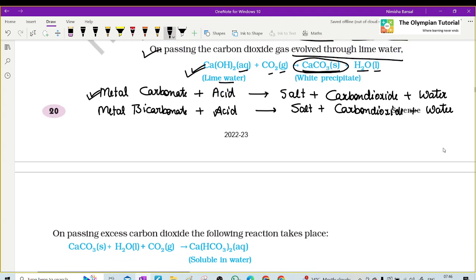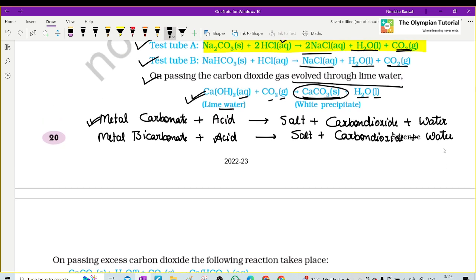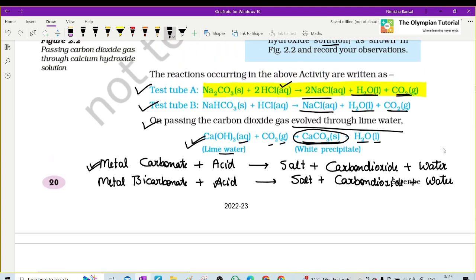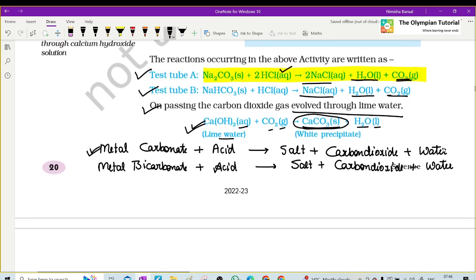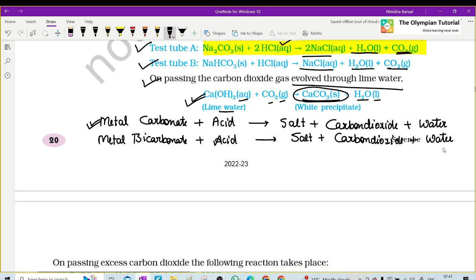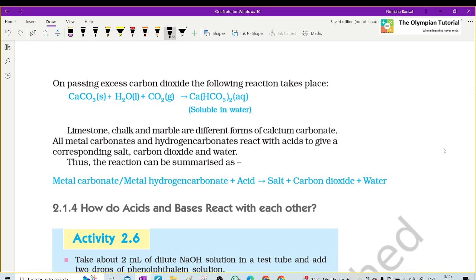Okay? Written one. After that, on passing excess carbon dioxide,